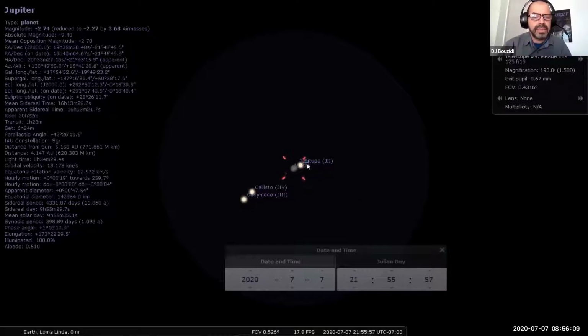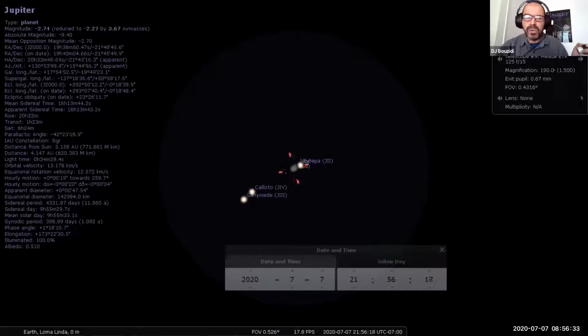Like I said, last Saturday we actually saw 4 moons, all 4 of them. But if I wait a few hours later, I'm going to see Io appear again, because I told you guys Io takes about 42.5 hours to go around Jupiter. Again, this is a 10 millimeter eyepiece with a 125 millimeter telescope, and with no Barlow.